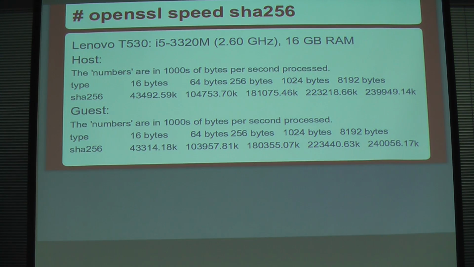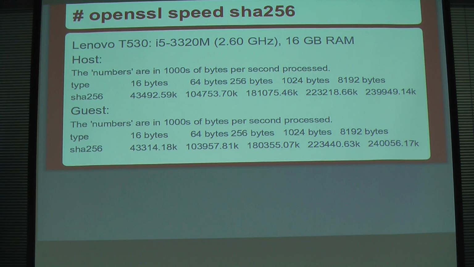So we just did some basic performance tests on my laptop this morning when I was writing these slides. Just doing the OpenSSL speed test on the guest and the host, there's basically no difference in performance for CPU. Even using multiple CPUs with something like ubench, I find that the performance CPU-wise in the guest is the same as the host.